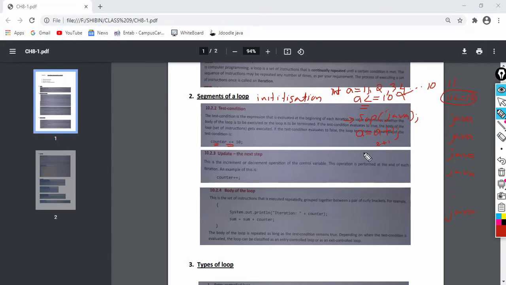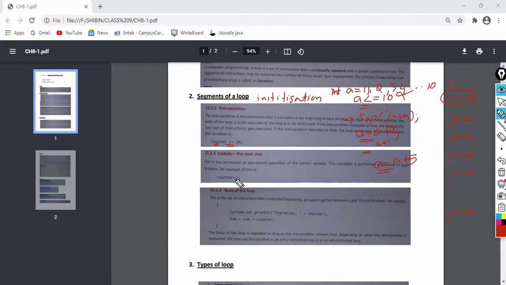That is the working of a loop. That is known as the update statement. The update statement may be anything. If you want to update by 2, that is possible. If you want to update by 5, such as a equal to a plus 5, that is also possible.